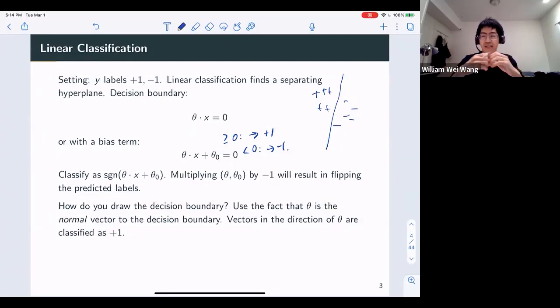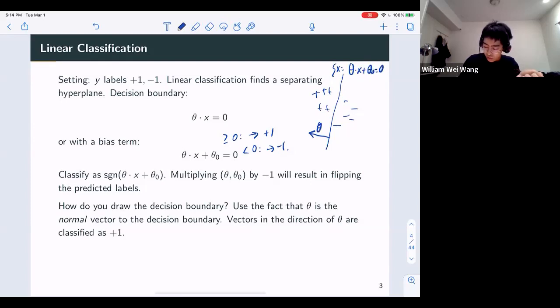One way to visualize these decision boundaries geometrically is this: you have this form of a line, which looks a little different from the point-slope form you might know, like y equals mx plus b. So how do you visualize this line? Here, theta is actually going to be the outward normal direction of the line. If I look at this picture, this is a line which is all x that satisfy this equation, theta dot x plus theta naught equals 0.